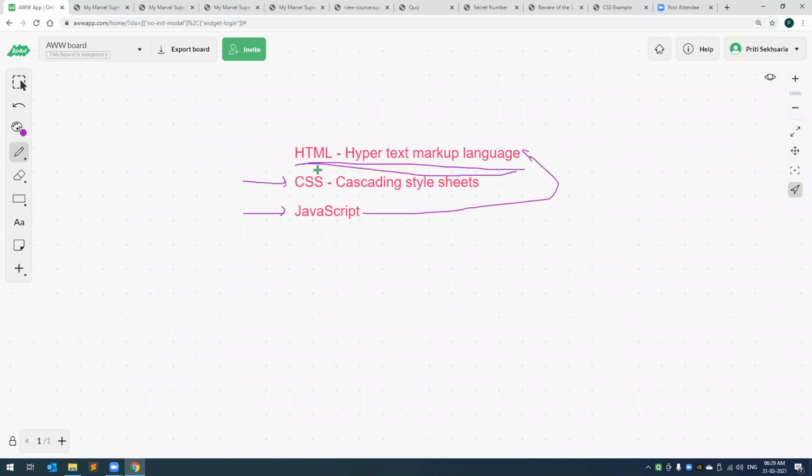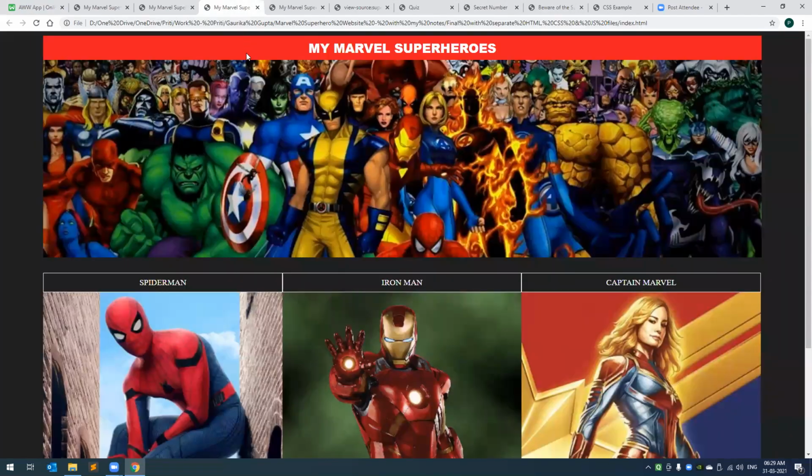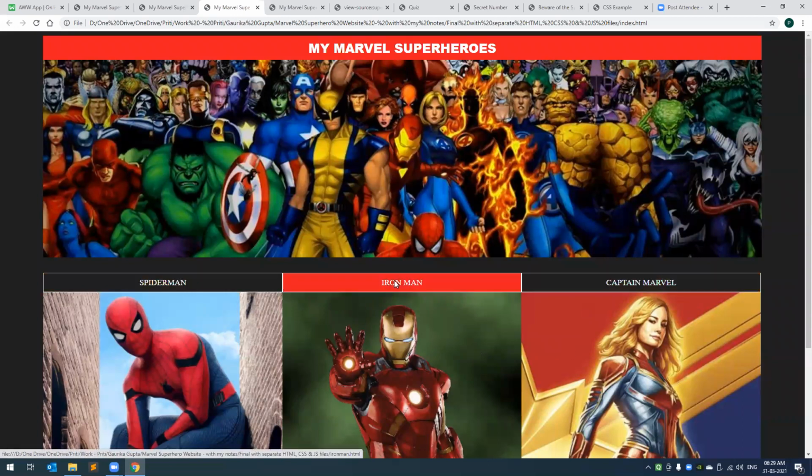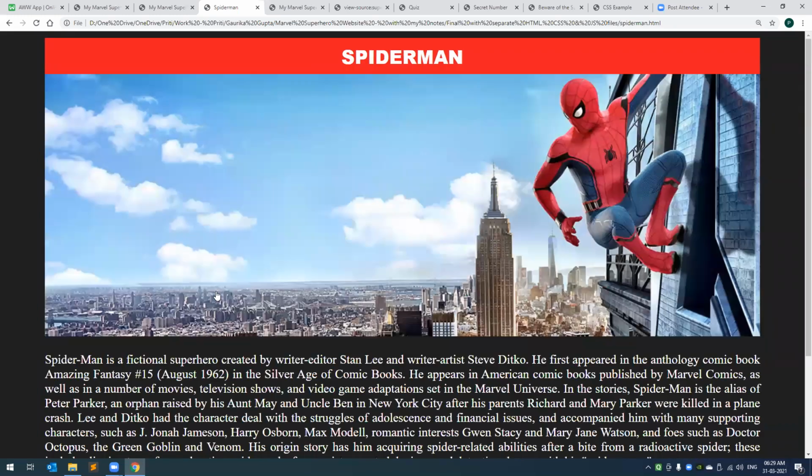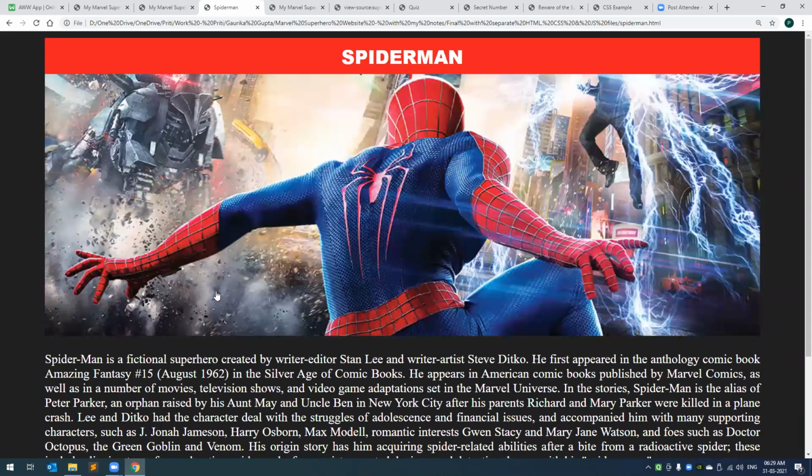And JavaScript is for interactivity. That means when I perform an event on my screen, something happens. Say, for example, in this My Marvel Superhero, when I take my cursor over here, the background color is changing. It's reacting to something I, as a user, have done. Here, when I open the page, the image starts changing.